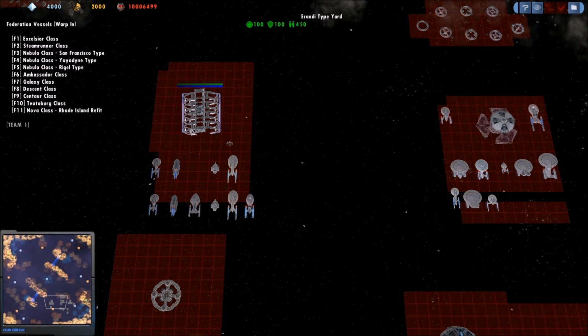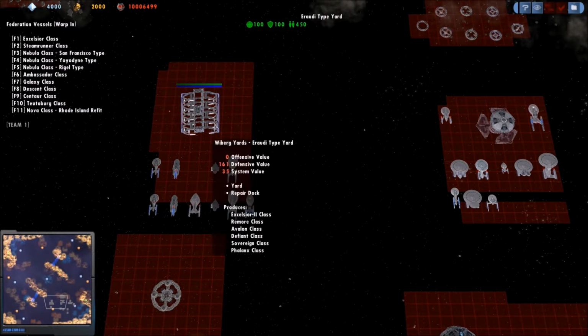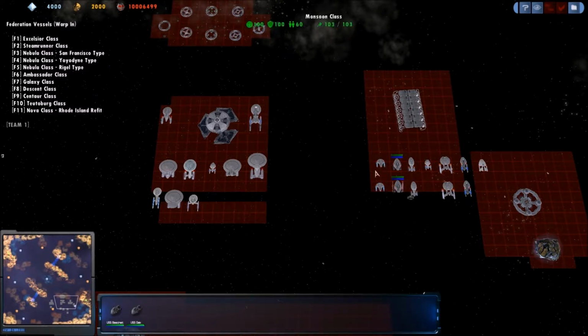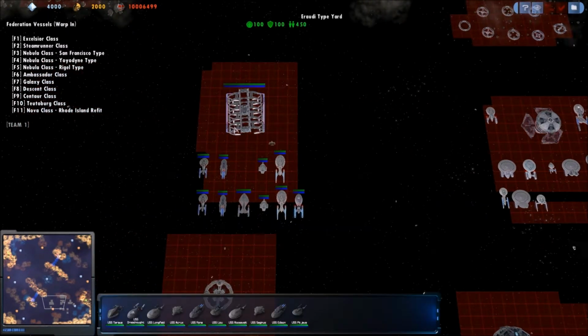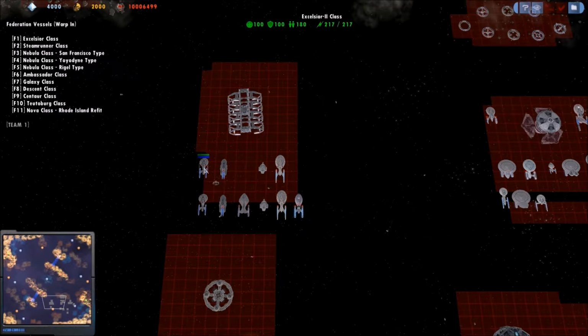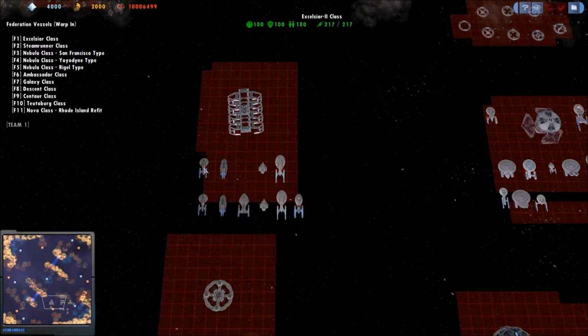Anyway, you will not see this much in a 1v1 just because it's much more expensive than going Antares type yards, and 1v1s are all about killing your opponent as quickly as possible, which Urodi type yards don't do as well. Anyway, so here we have Excelsior 2, and I'd rank Excelsior 2